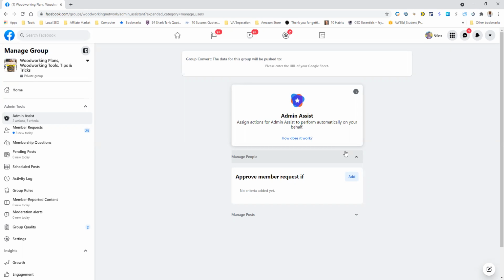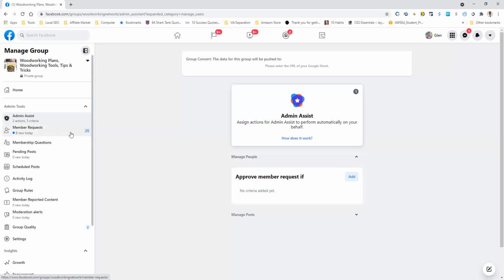I have not emailed or messaged anyone saying, hey, please join my group, I need you to join my group. There might be a handful of people that joined because they're close friends of mine. They do woodworking. I say, hey, I have this big group, but outside of that, 150,000 members are completely organic. I don't know any of them, and I don't know where they come from. I just know that they show up organically every single day, and the group is filled with new members.